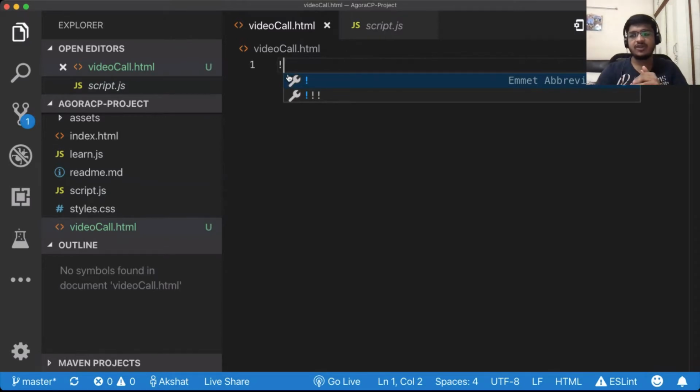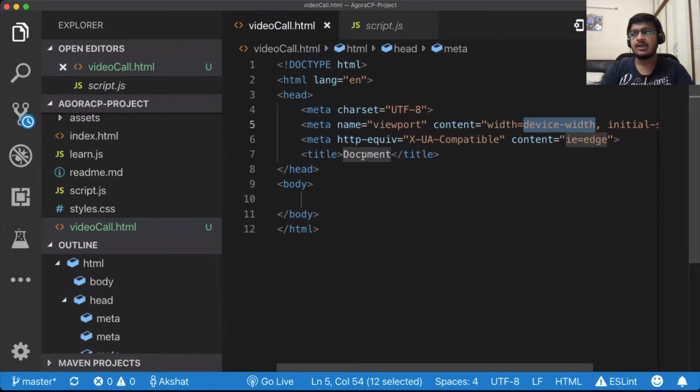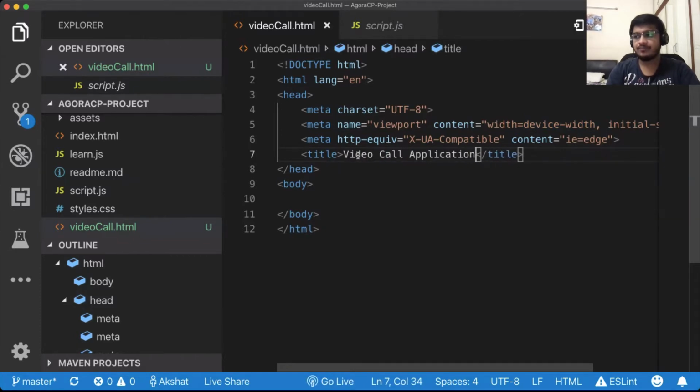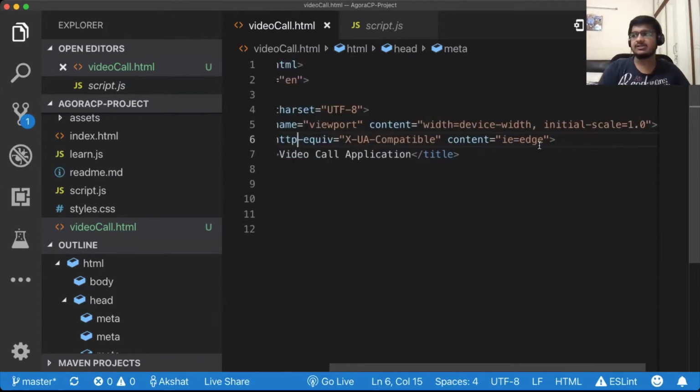So since I'm using VS Code, Atom, they have emmets. So I'll just use an emmet. I just type exclamation mark and I click on enter. So now I have the base code for my HTML file. Let's call this video call application. So I've just created a new HTML file. I've laid out the basic meta tags.